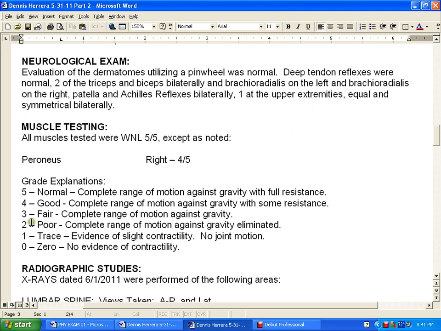But if everything is normal, we would just put all muscles tested were WNL 5/5: